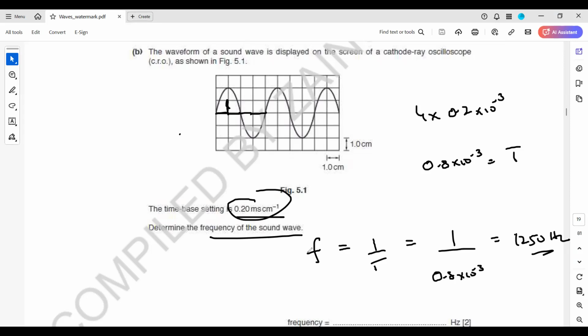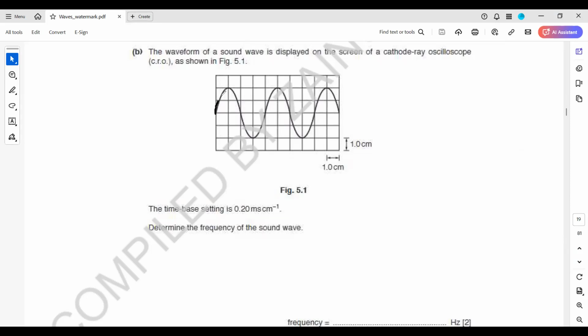Where did 4 come from? First, we worked out the time period. Time period means the time to complete one vibration. This is one vibration, and one vibration is in 4 boxes. One box stands for 0.2, like the time for the wave to move across one box is 0.2. There are 4